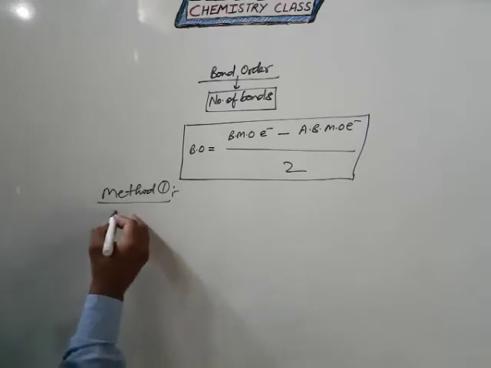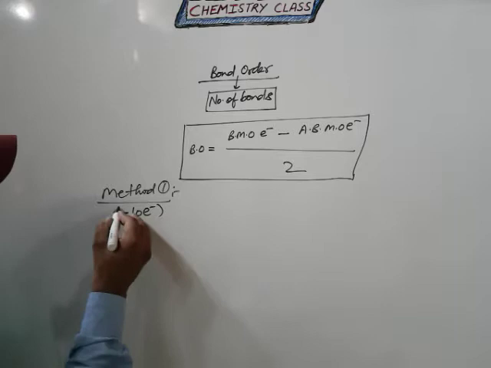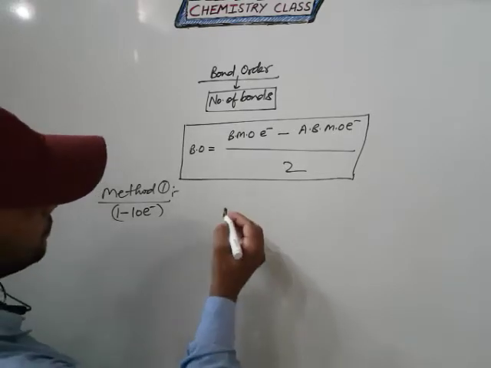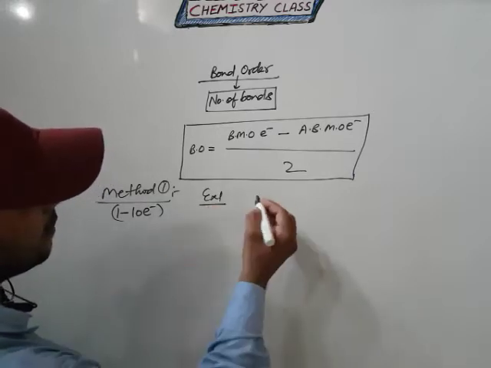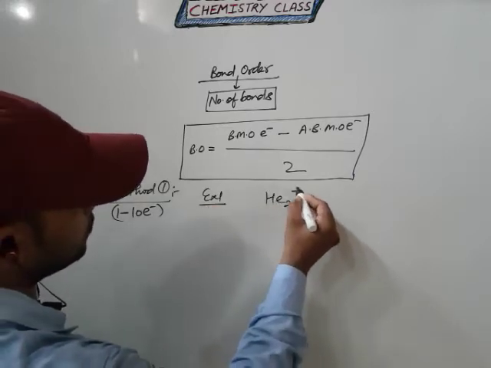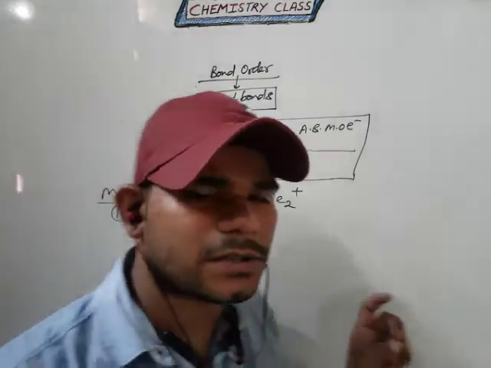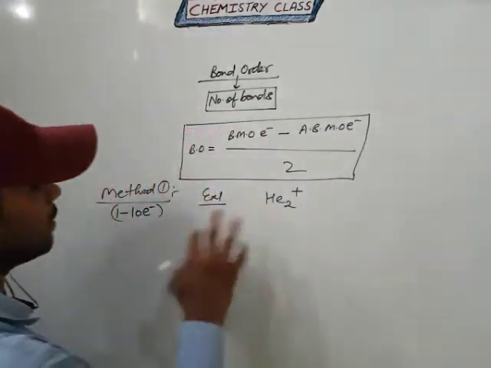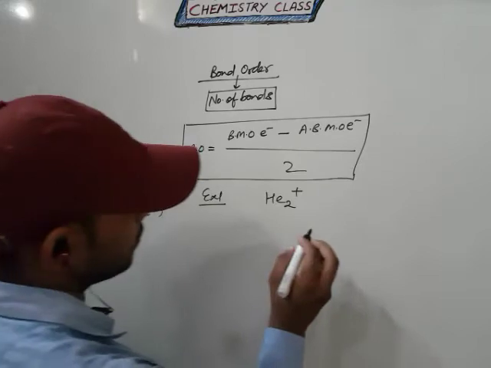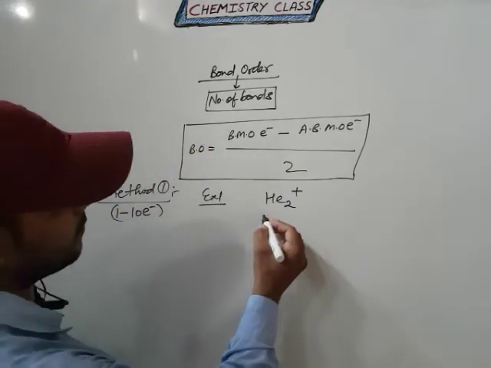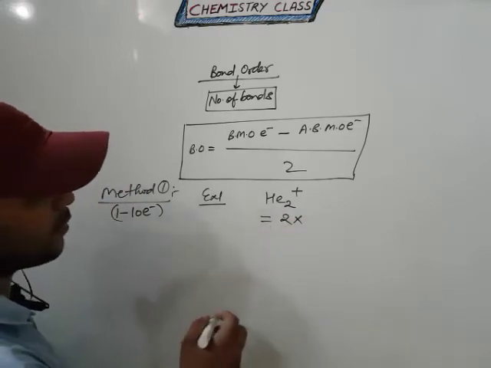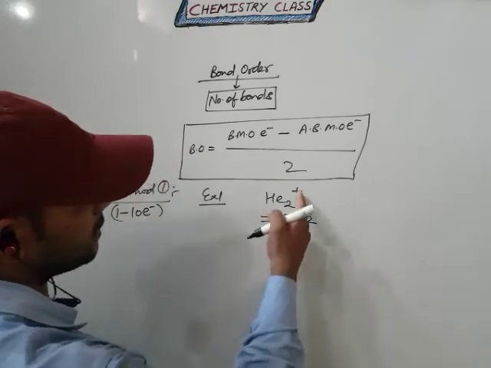So students, if any example has electrons in the range 1 to 10, then you will calculate with the help of method first. So just see an example here: helium 2 positive. Some examination questions ask for helium 2 positive, and you can find the bond order with the help of method first. So students, first you calculate the number of electrons. How many atoms? 2. And what is the atomic number of helium? 2. Clear? And how much positive charge?